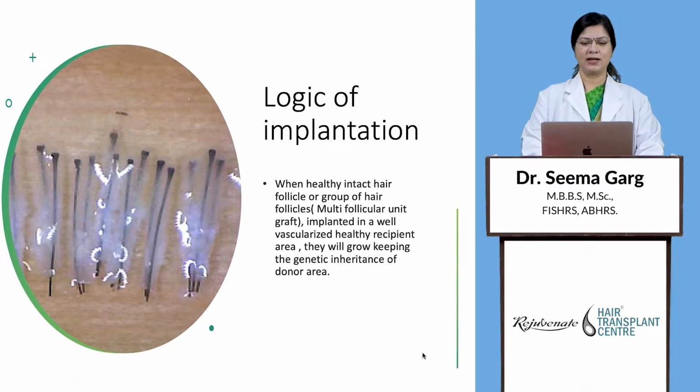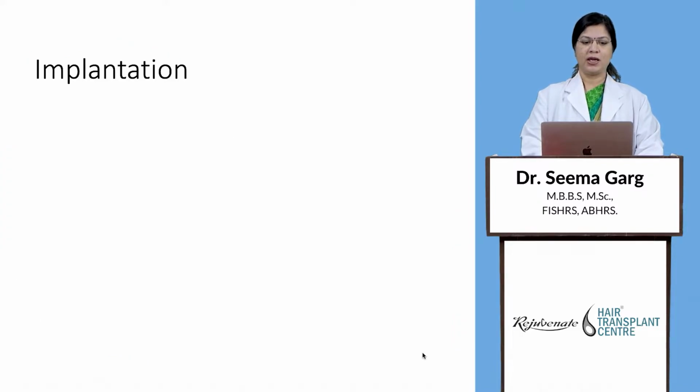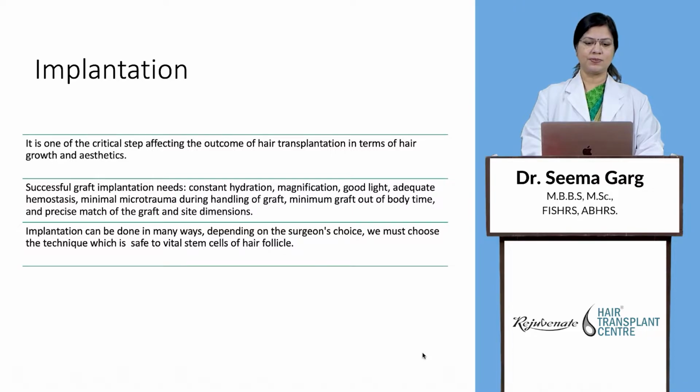Logic of implantation is when a healthy intact hair follicle or group of hair follicles is implanted in a well vascularized healthy recipient area, they will grow keeping the genetic inheritance of the donor area. So implantation is one of the critical steps affecting the outcome of hair transplantation in terms of hair growth and